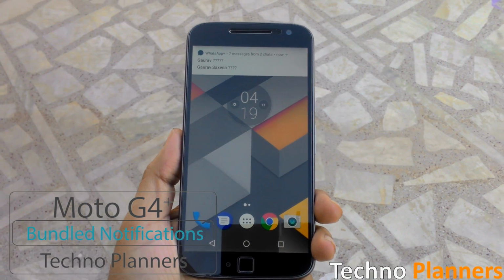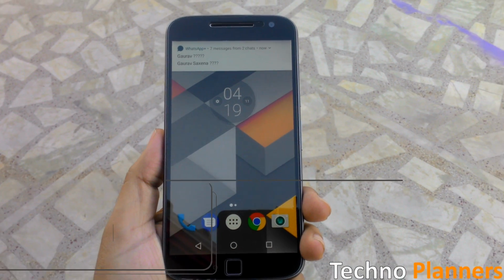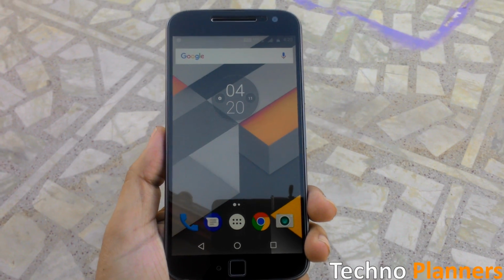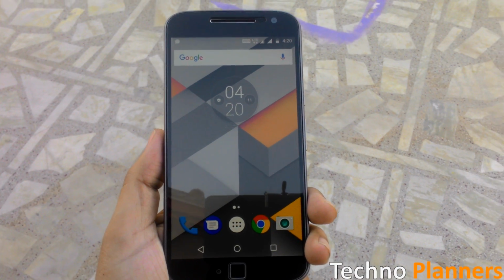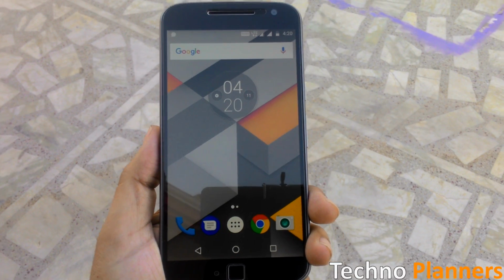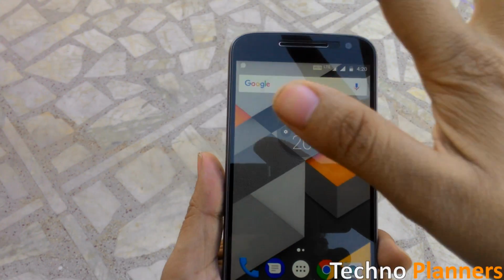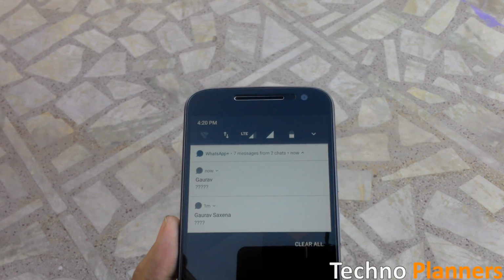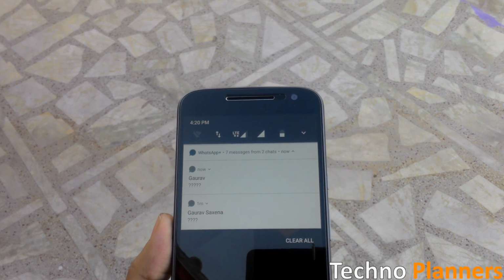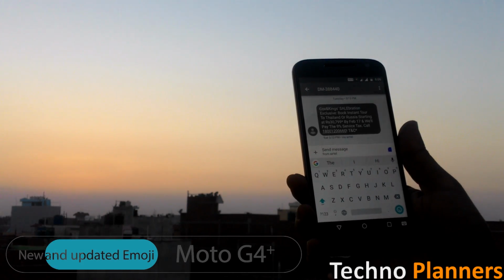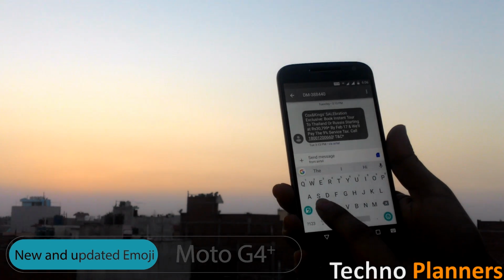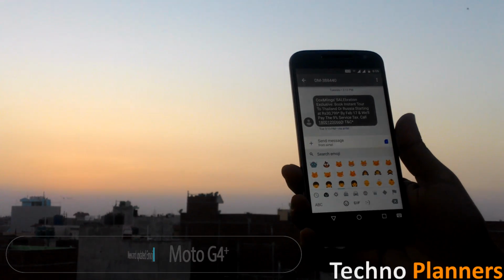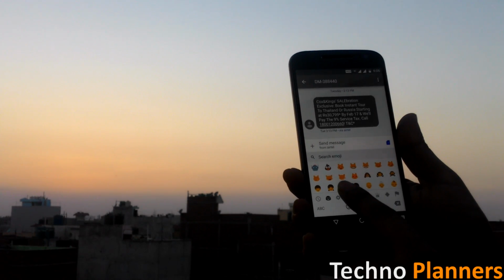Get more information at a glance. In Android Nougat, multiple notifications from the same app are bundled together into a single notification group. Drag the status bar down and tap the group to expand it and see or take an action on an individual notification. Bring your world to life with all new emojis, including redesigned human emoji with multiple skin tones.